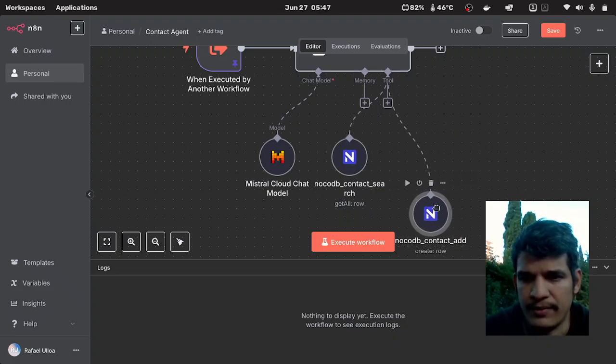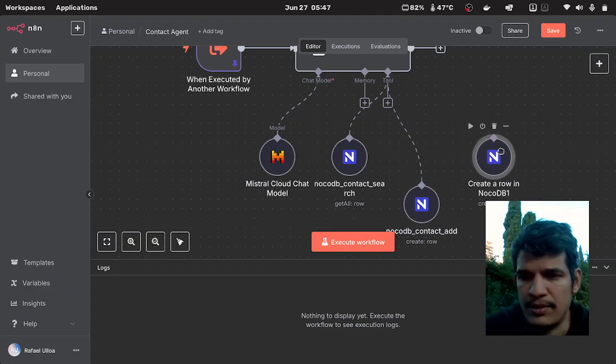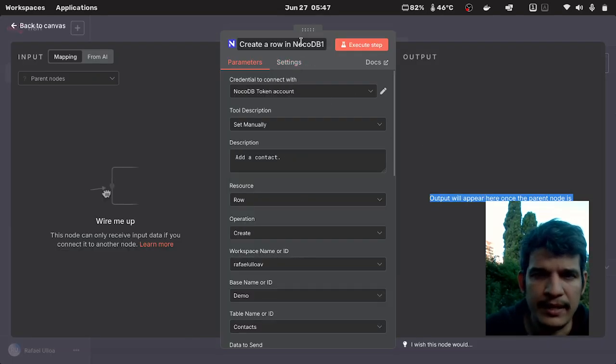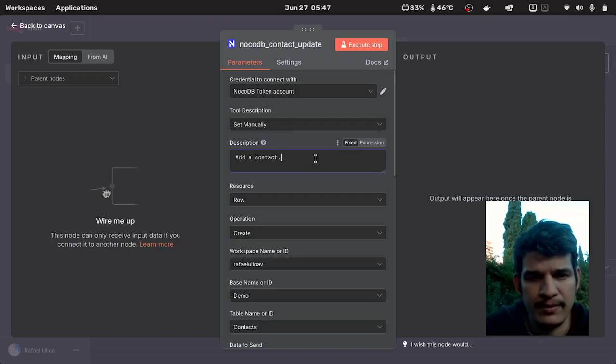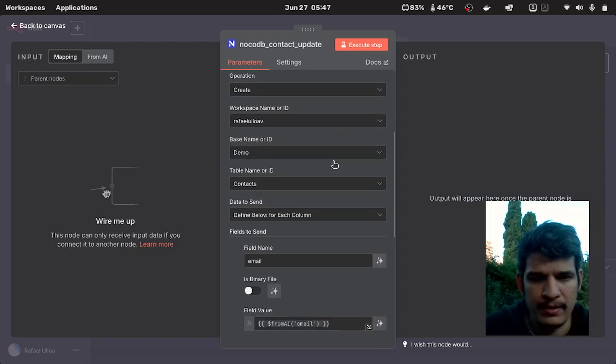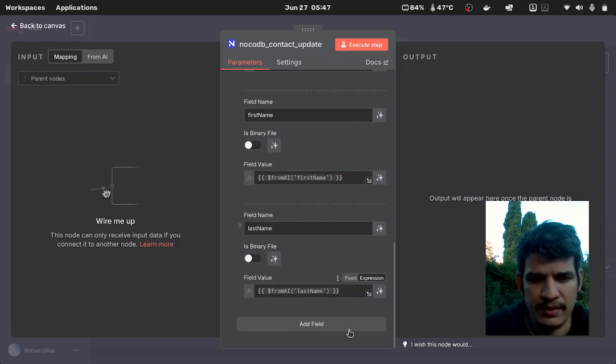Alright, so we're gonna have NocoDB contact search, NocoDB contact add, NocoDB contact update. We're gonna go ahead, set manually, update a contact, row resource. All of the data is the same, except we're gonna add